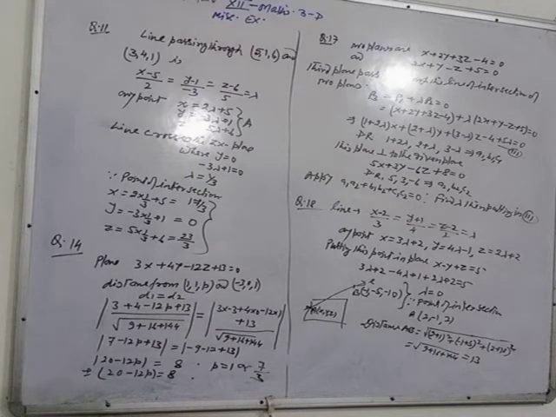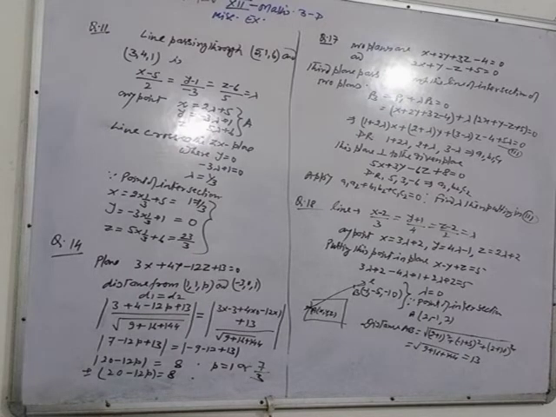The DR you find from the parallel vector, the part after lambda, and the part before lambda is the position vector of a point. So how do you convert vector form to Cartesian or symmetrical form? You can write the equation of the line in symmetrical form: x minus 2 by 3, y plus 1 by 4, z minus 2 by 2. It means the line passes through the point (2, minus 1, 2) and the DR of the line are written in the denominator: 3, 4, 2.